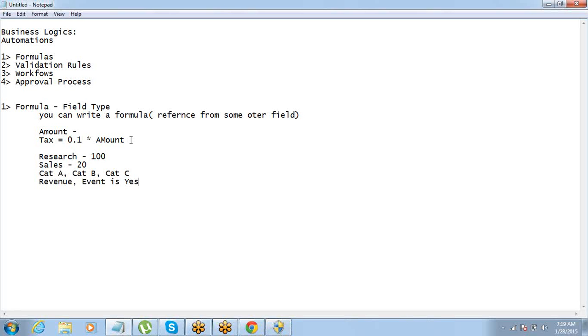So now someone can manually sit and do this, but doing this manually is again a time consuming thing. The person has to look into every account and see the revenue, see the event, and then decide A or B. If you put a formula, this category thing, if we put a formula and say